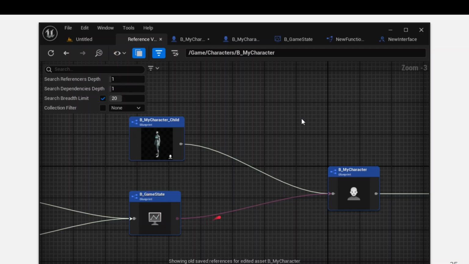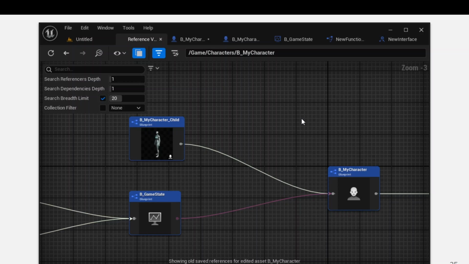But you can also look at the color of this. And you can also specify depth. So right now, I'm only going one layer deep. I'm looking at my character. I don't know why I went 2 layers, but you can see from my character, there's game state, and then things like that. And then going right is the dependency chain. So child, arrow to my character, child references my character, depends on stuff. So that's the direction of the reference. It does not show circular dependencies really well,